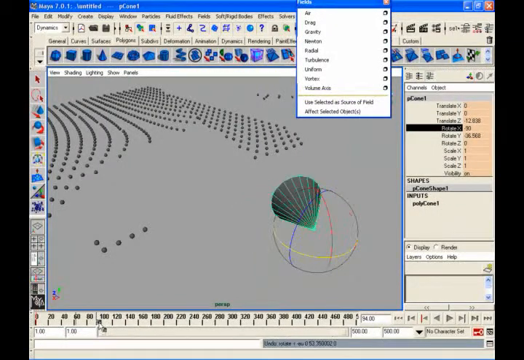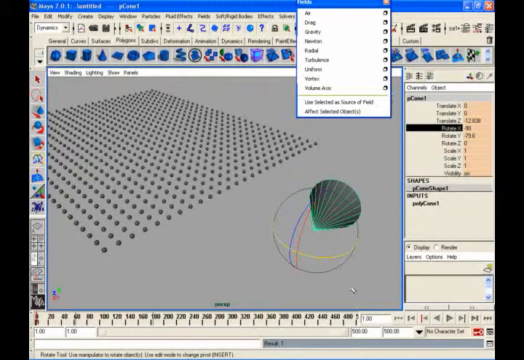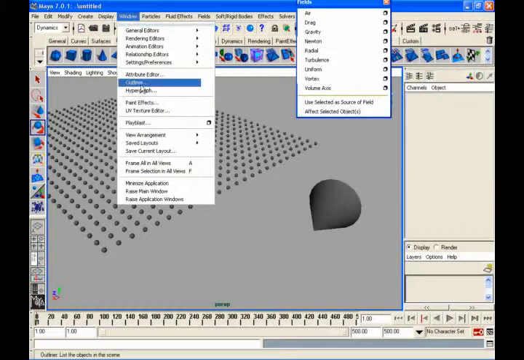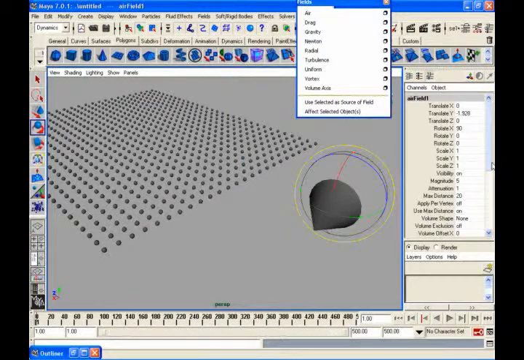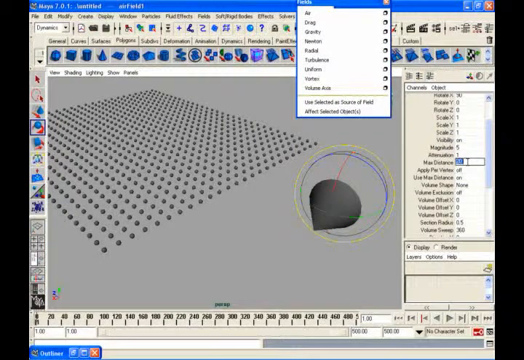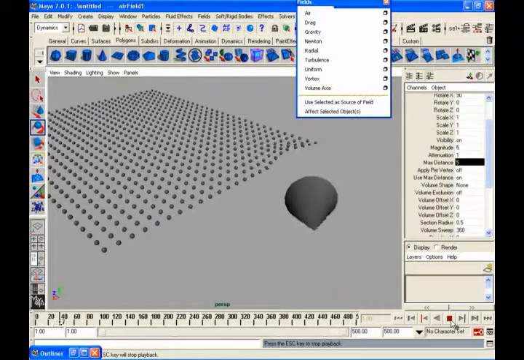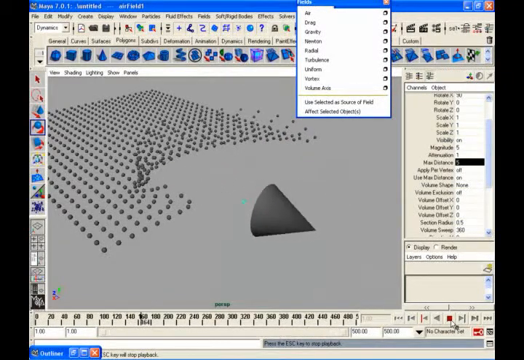Okay, something like that if you do. Then you can select that parented airfield and start decreasing the max distance, like literally 5, so that you can see a more subtle type of airflow. See, like a fan. If a fan is there, it will be like this only, no? It will influence that area. Okay, three types of.